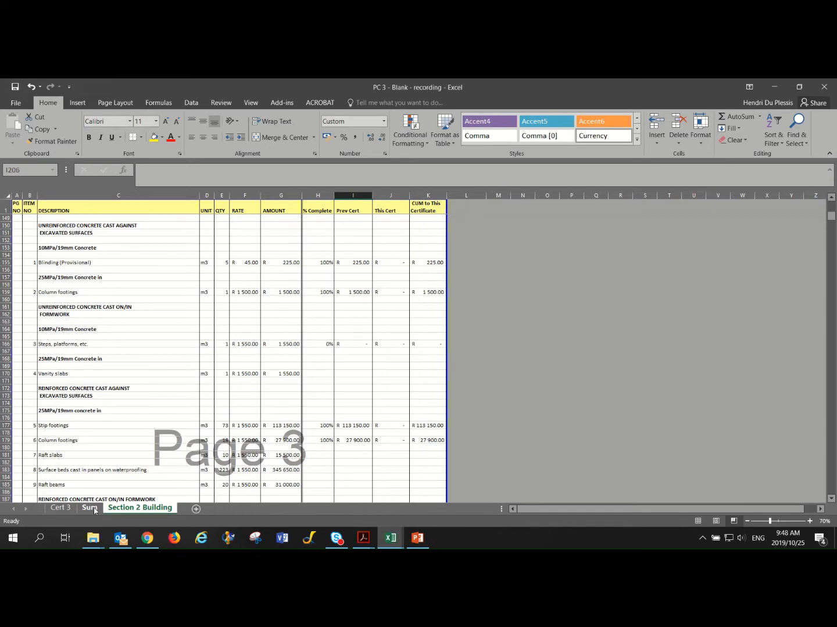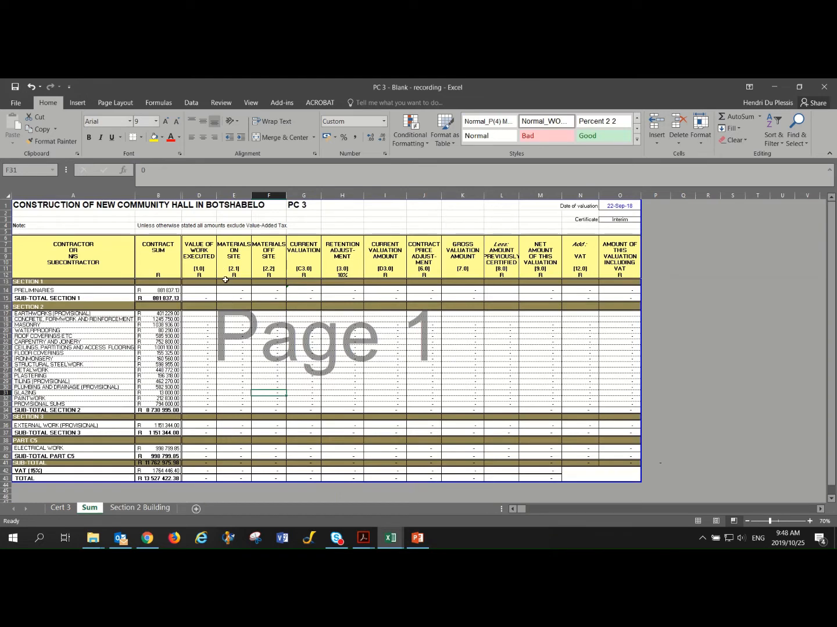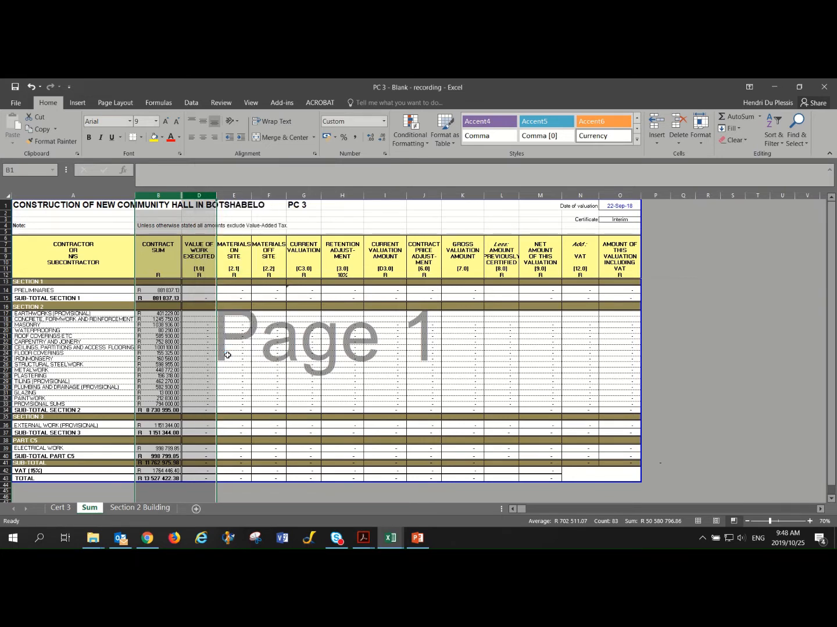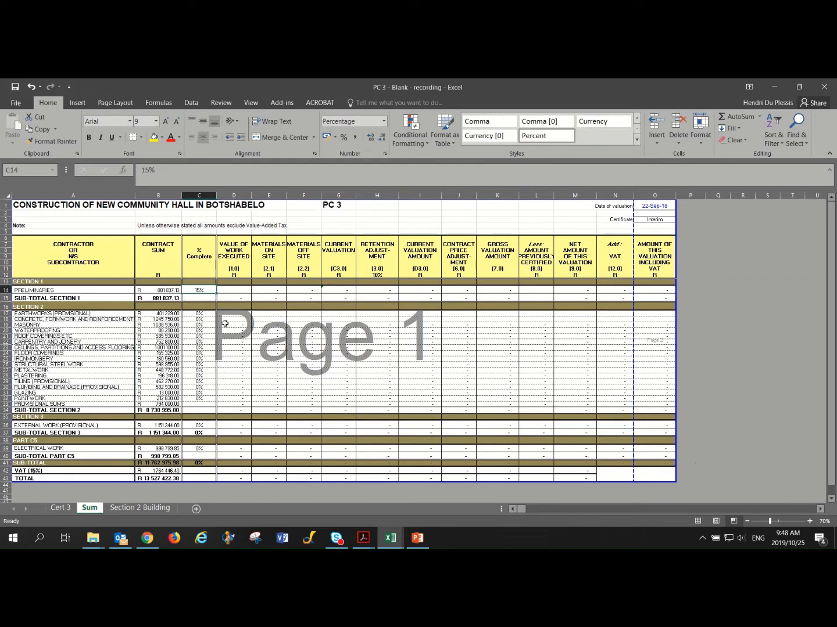So let's go back to our summary. Okay, and then I'm just going to open this little column here. This is my cheat column, so I'm going to unhide that. That is now the amount that we need to put in. So first thing that we need to know, and which you need to remember, is our value of work column has to be populated with our previous